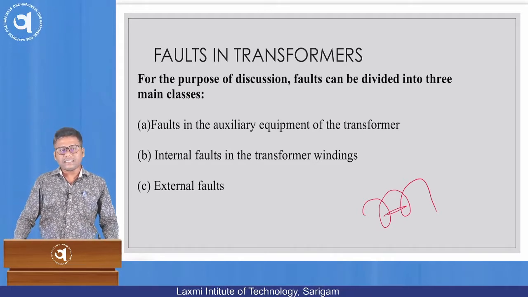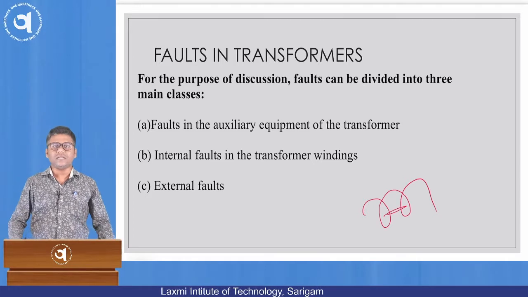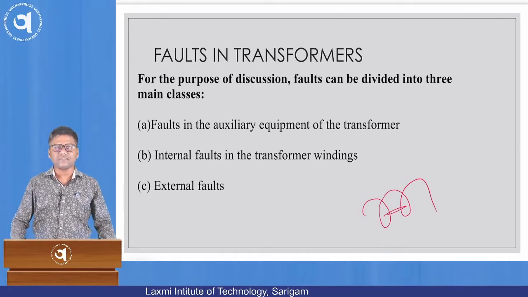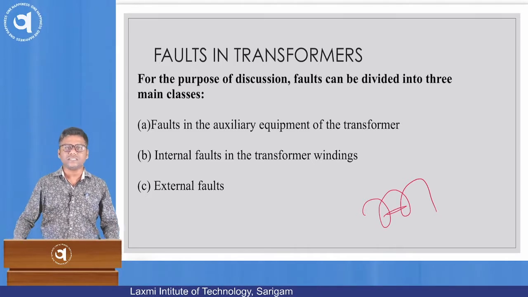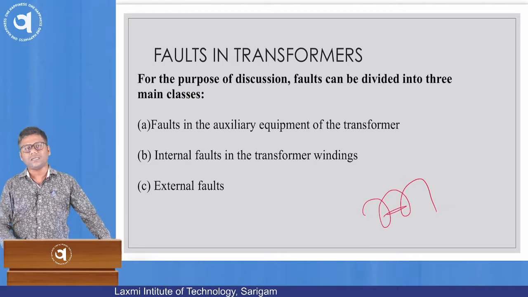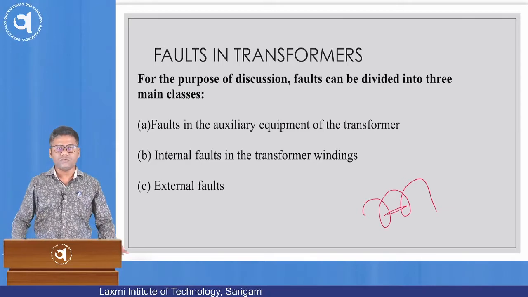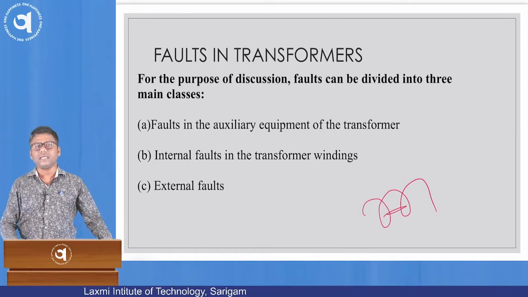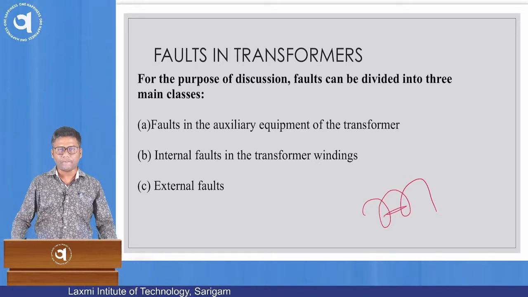So, these are the internal faults, and these internal faults generally have a big impact. In this case we need to immediately detect these faults and disconnect the transformer from this condition. Otherwise, it will create a huge blast, even in the case of an oil immersed kind of transformer.